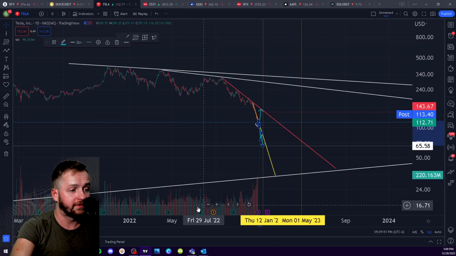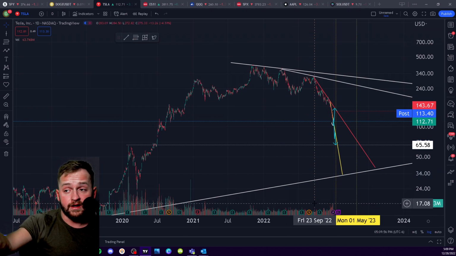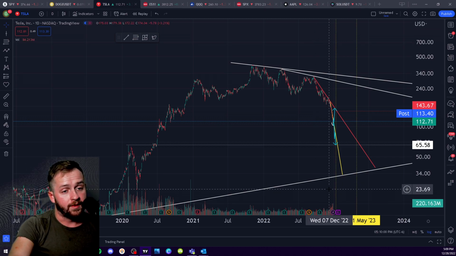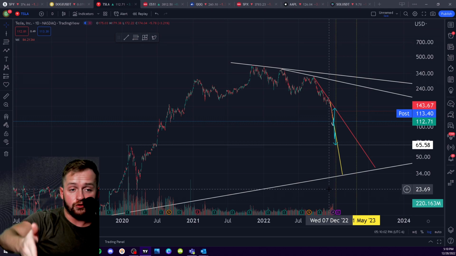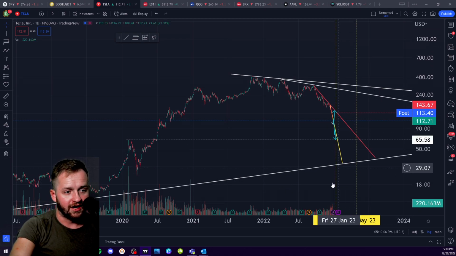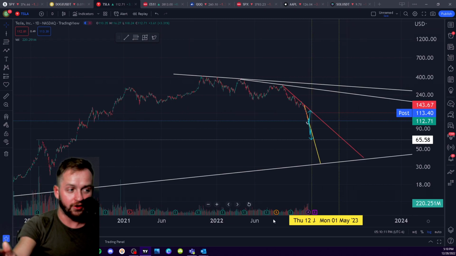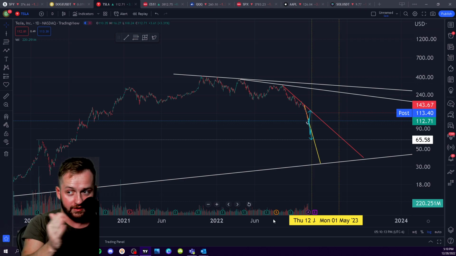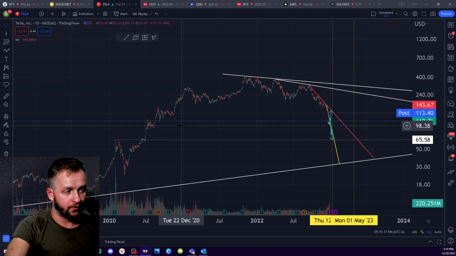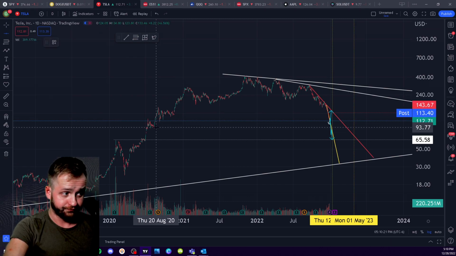I know it sounds crazy, $65. But remember, I was calling for $50 when it was $200, and everybody thought that I was crazy. Since then, literally in like 2 weeks, at its peak, it lost 50% of its value. From the call time, it got down to almost $100 from when I was calling for $200 in like 2 weeks.